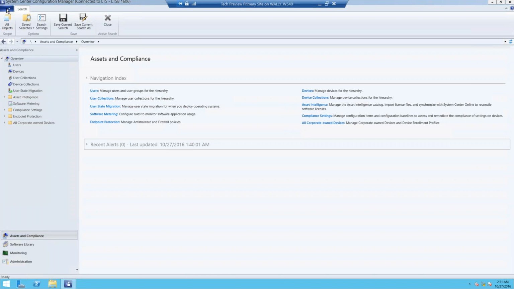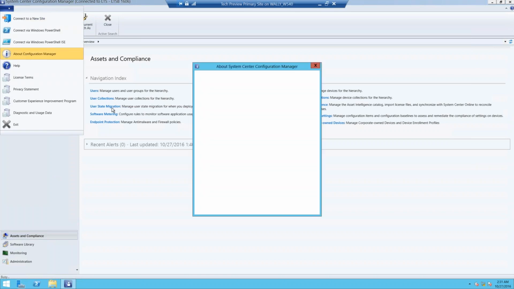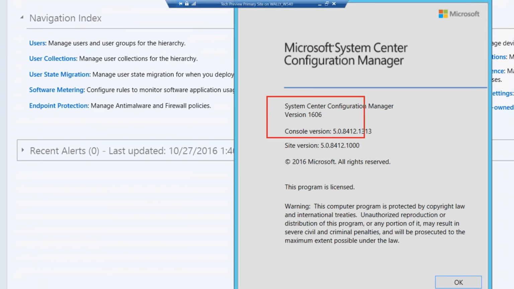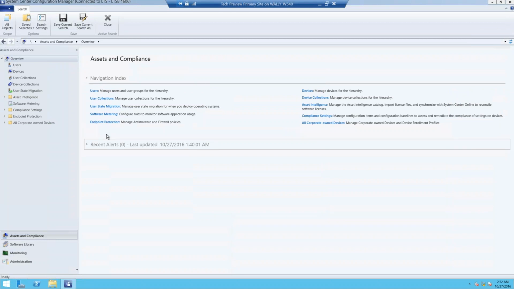So if you go to the Help About, go way up in the upper left-hand corner, drop down on that triangle, and go About Configuration Manager, you'll see when you zoom in on it, it's version 1606. So it is the 1606 baseline build, and I installed this directly from that media. I didn't go to 1511 and update it, because you can't update LTSB. So the official way to tell, because you can't really tell very well just by looking, whether you're on current branch or LTSB, is go to your administration workspace,